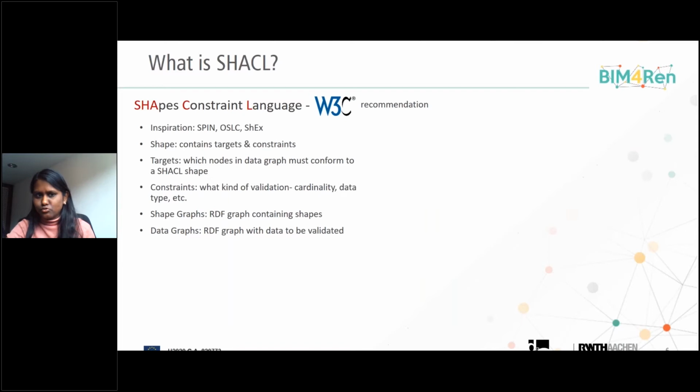So here comes the approach that we adopted in this work. We looked at a technology called SHACL. It stands for Shapes Constraint Language. It's a W3C recommendation which came out some years ago. And in this technology, there are two kinds of information that we